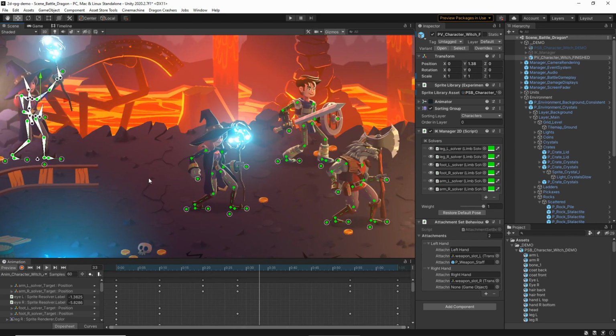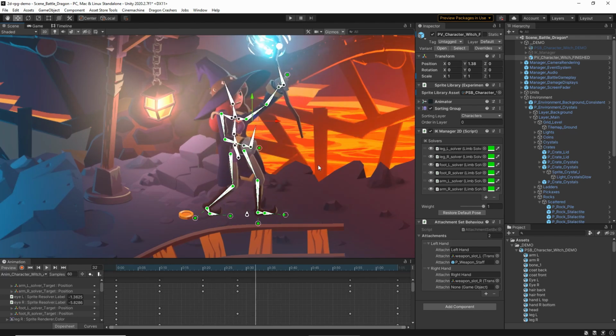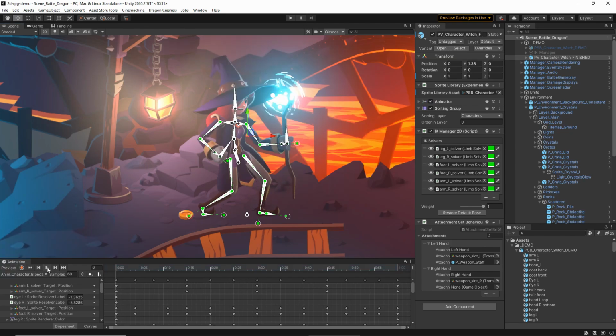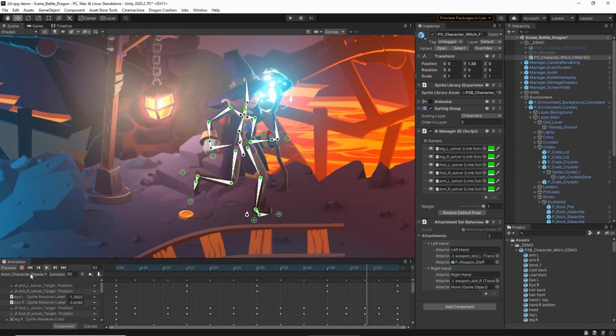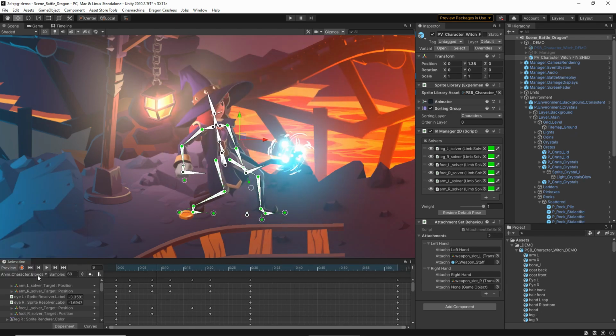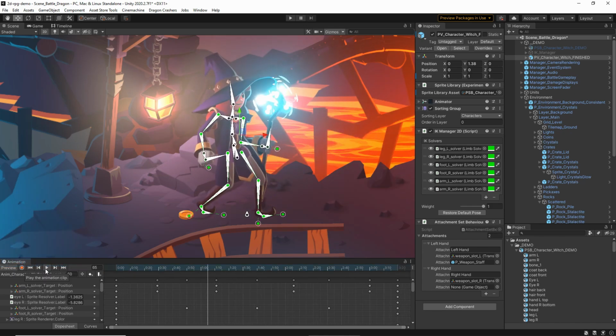But in our demo we had a lot of characters with 2 legs. So we created a more generic rig, which all of these characters then inherit and share from. This biped rig has arms, legs, and even slots for the hands. And this allowed us to swap and replace all their different animations between each other. So we have the generic run, which basically all the characters use. We also have a get hit animation, which all the characters use. But it also allows us to do things like give the wolfman's idle to the witch,